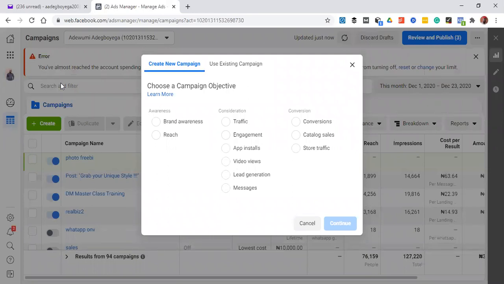Why do I want to do lead generation? Because a form will be created. I want to use one stone to kill two birds. I will click on lead generation and create a form, and that form will allow people to put in their data on Facebook. Some people just want to be fast on Facebook. They don't want to leave the Facebook environment. So I will do that, and when they click download, it will still take them to the landing page, where they will still do the same thing, submitting on the landing page.